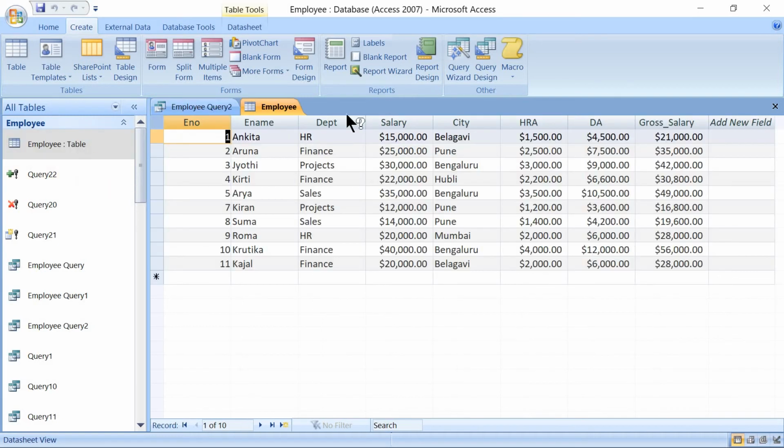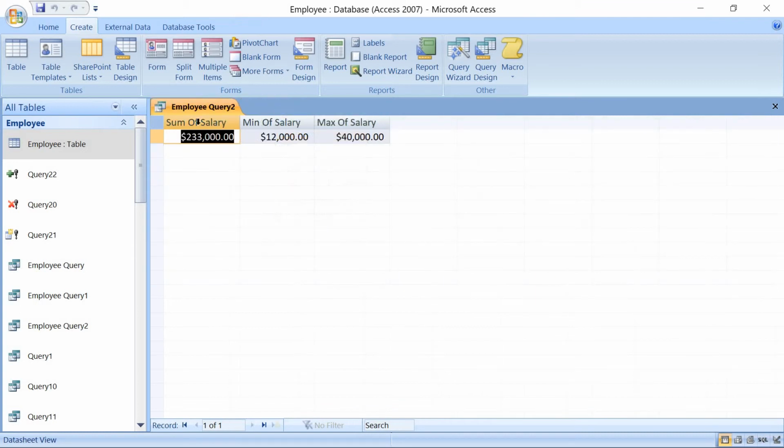Just open the table, we will see the maximum is 40,000 and minimum is 12,000. Now let's close the table. The sum of salary where we have 2,33,000. This will tell you the total summation of salary which is paid to all the employees in an organization.